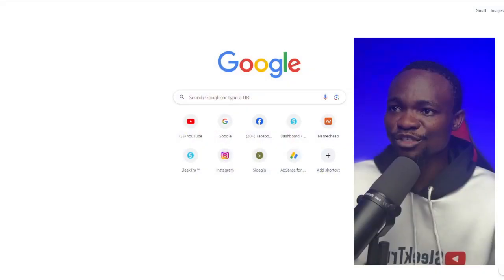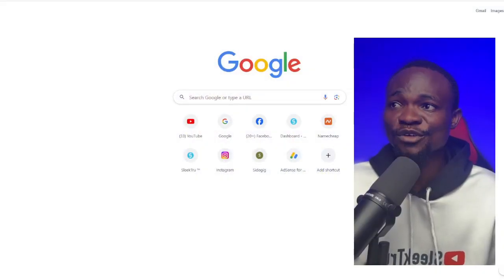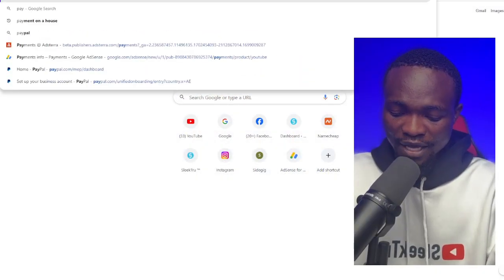And for the PC users, make sure you turn off your location on your computer. I showed you how to turn off your location on the computer. And now let's go ahead and open our PayPal account. So now let me show back the screen right here. So what we are going to do right now is go to